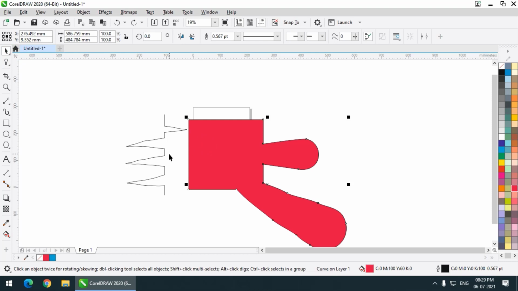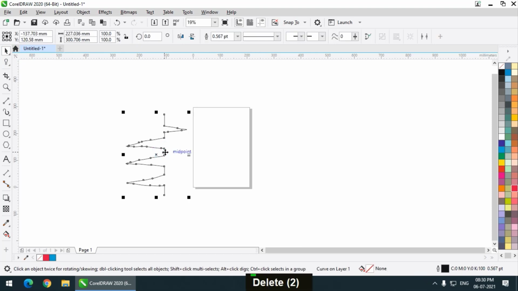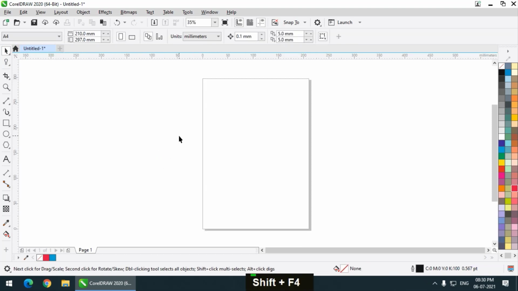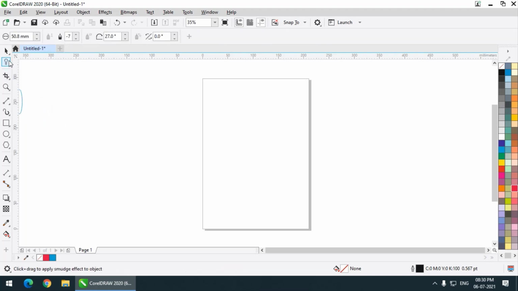This is also used for making minor changes to any shape that you have created, or logo for that matter. But you need to continuously practice to get a hang of it.